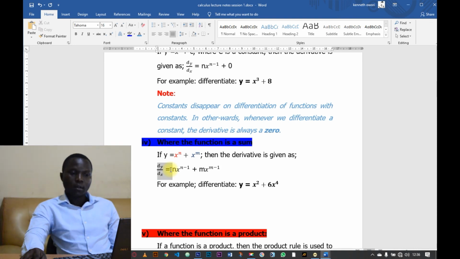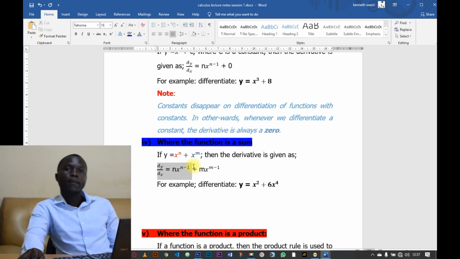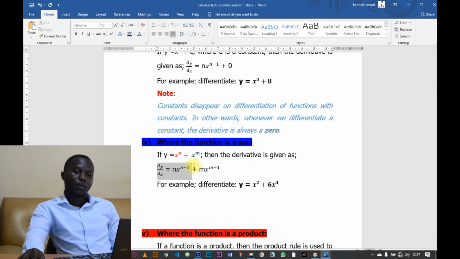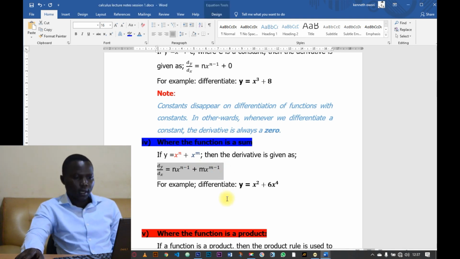That is, if we differentiate that, we multiply the x by n and then reduce the n by 1. And then if we differentiate x power m, we would have mx power m minus 1 from the first principle, whereby we multiply the expression by the power and then reduce the power by 1. So we have an example here that says differentiate